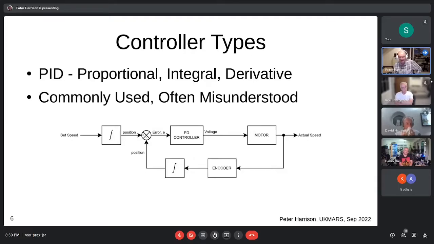It's not that easy, unfortunately, to make a PID controller work. Underneath, you'll see a control diagram, a basic control diagram from UKMARS bot. And you can see something which confuses people quite a lot, and which sometimes I struggle to explain,